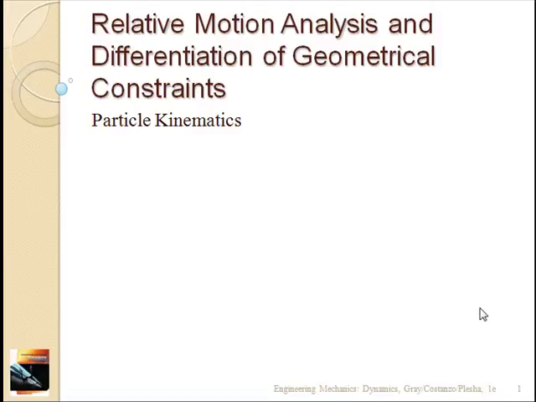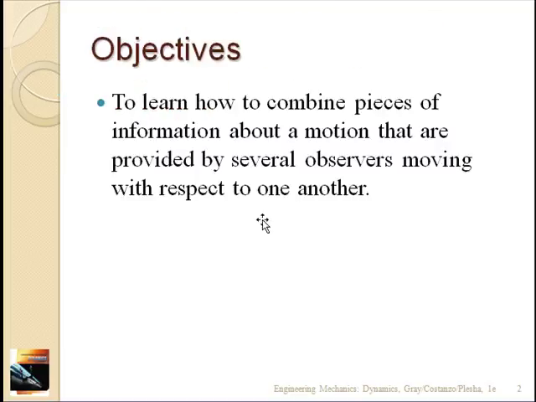So now we want to move on to something a little bit different, that is relative motion analysis. The basic idea here is when two things are moving, it's sometimes convenient to be able to understand the motion of one particle relative to the other moving particle. And so we'll look at a few examples that walk through that. So the essential idea is we're combining a piece of information about motion. Sometimes it's relative to a static system, sometimes relative to a moving system,